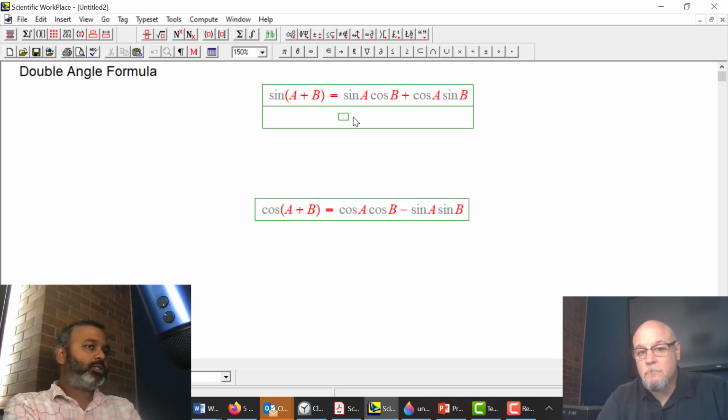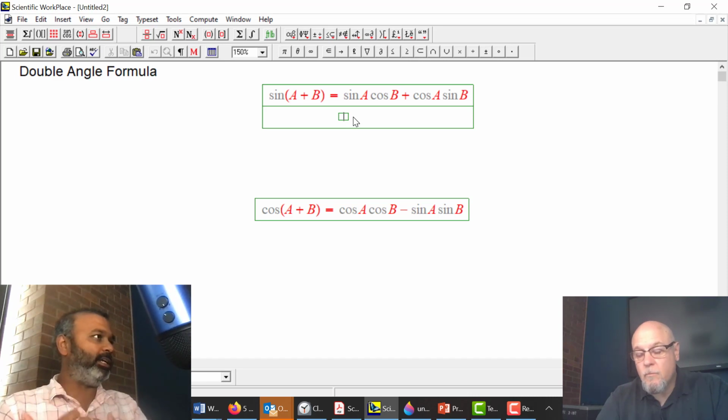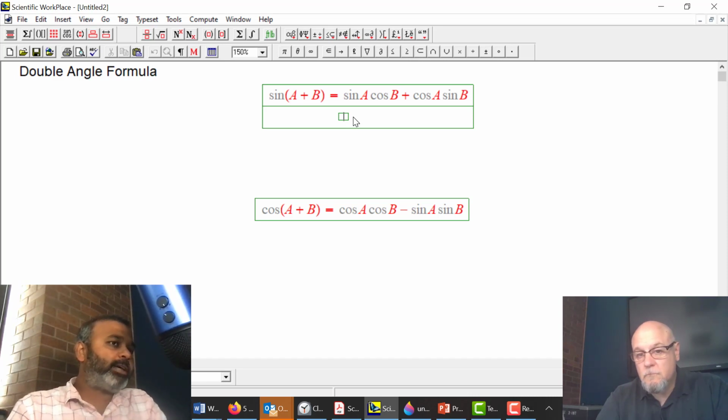Well, I know sine of a plus b. Sine of a plus b is sine a cosine b plus cosine a sine b. The way I remember sine of a plus b versus cosine of a plus b is that the expansion of sine of a plus b alternates between sine and cosine: sine a cosine b plus cosine a sine b. For cosine it's slightly different. So if I take sine a plus b,